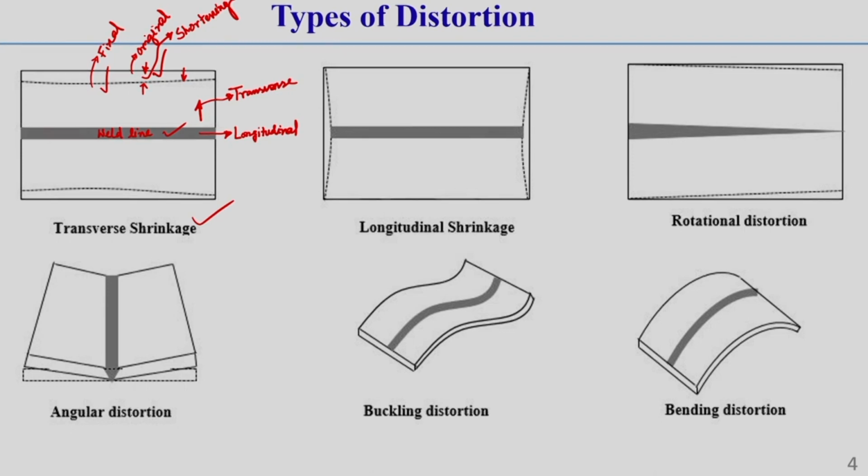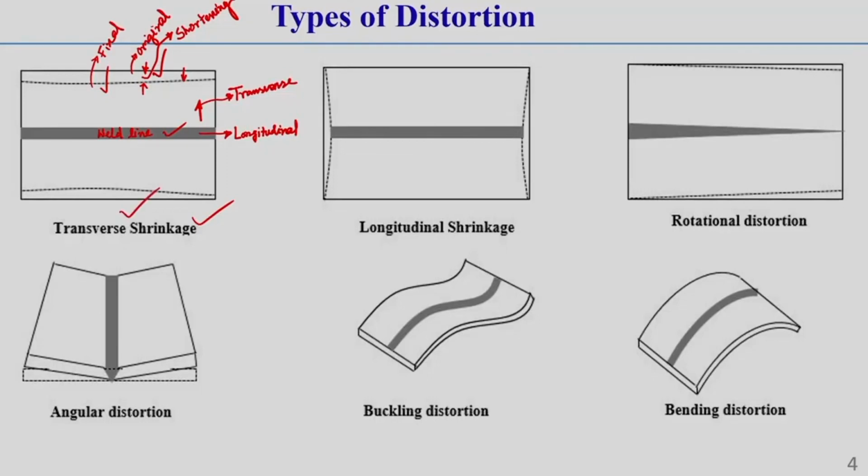Due to this contraction force, transverse shrinkage generally occurs. This transverse shrinkage you can call one type of distortion, which is called transverse shrinkage. Now, another one is called longitudinal shrinkage. So, you see these types of shortening, another shortening can also occur whose direction is along the longitudinal direction,